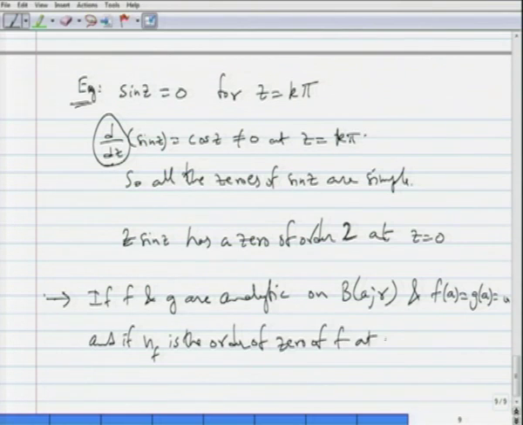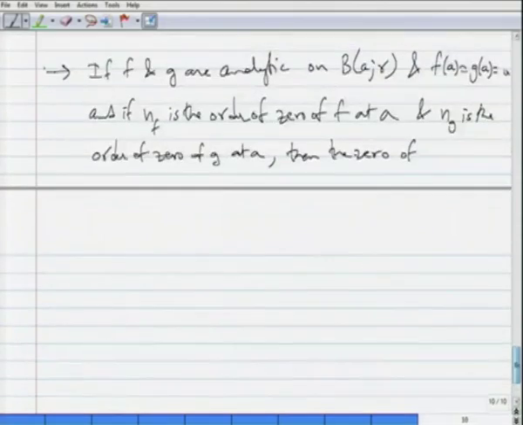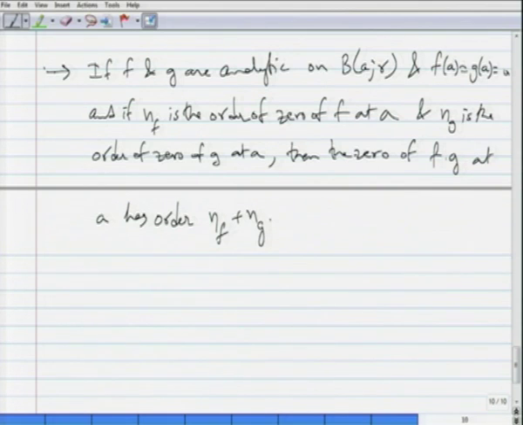of f at a, and N_g is the order of zero of g at a, then the zero of f times g at a has, firstly note that f times g will be 0 at a, because f and g are both 0 at a. So, the zero of f times g at a has order N_f plus N_g, simply it is the addition